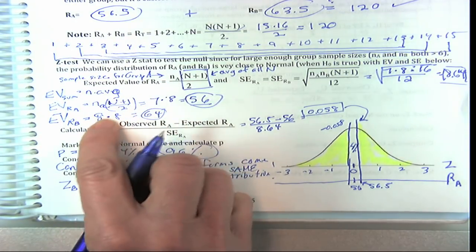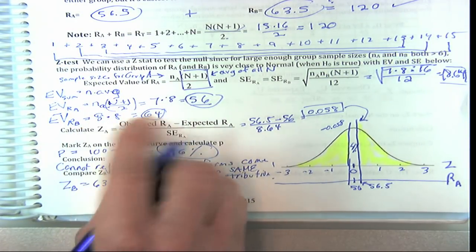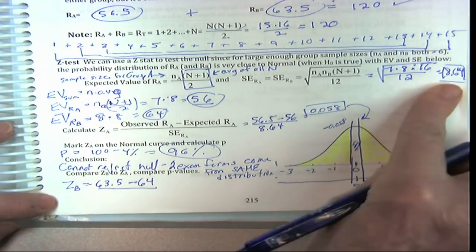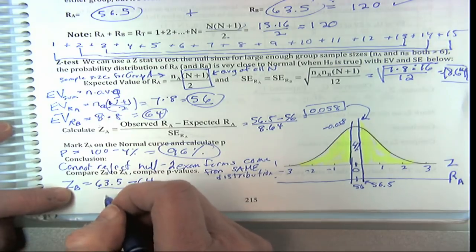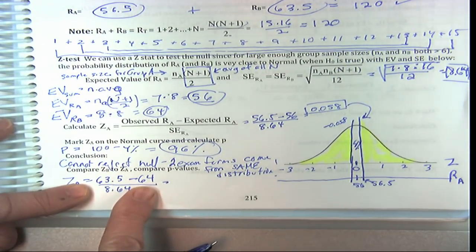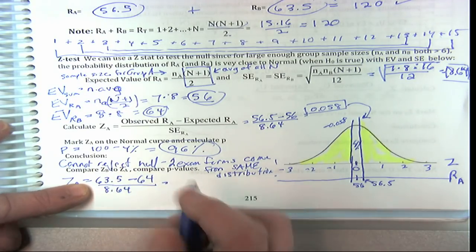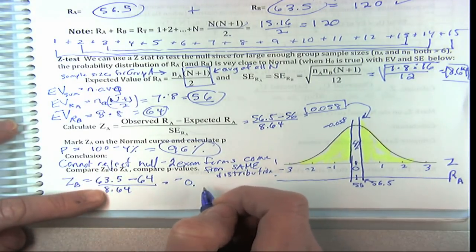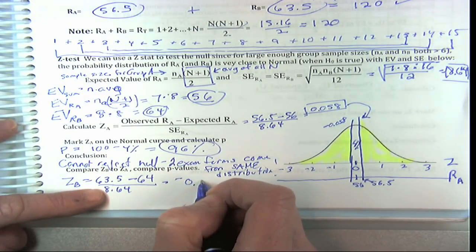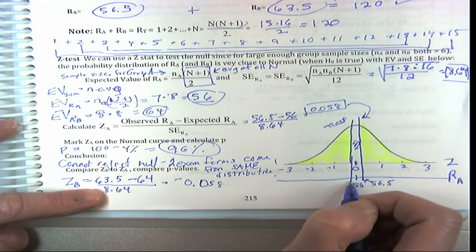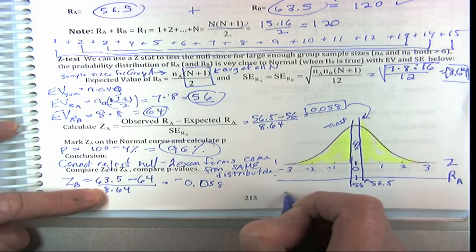So it would be the sample size here. So it's 64. So minus 64. And now they have the same standard error of 8.64. So look what happens. Instead of being 0.5 above, it's 0.5 below. So it would be negative 0.5 over 8.64, which is negative 0.058. It would be right here. So we can draw our B below,